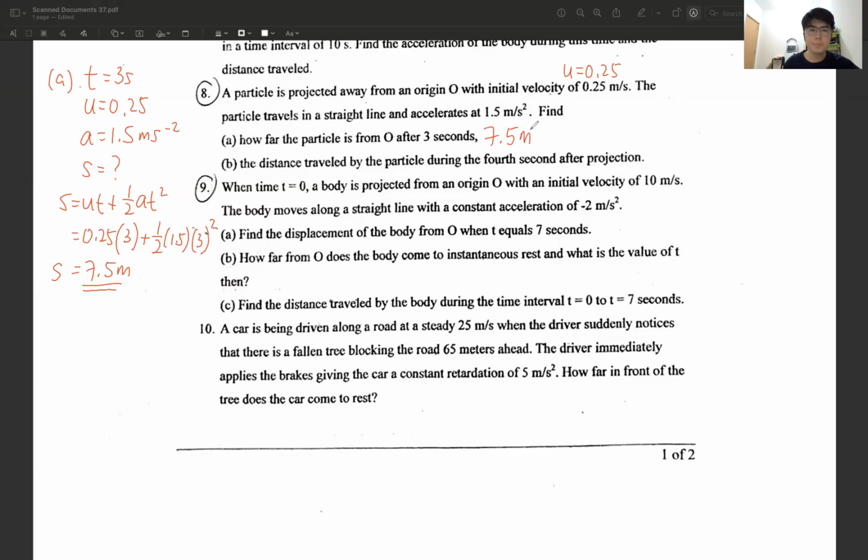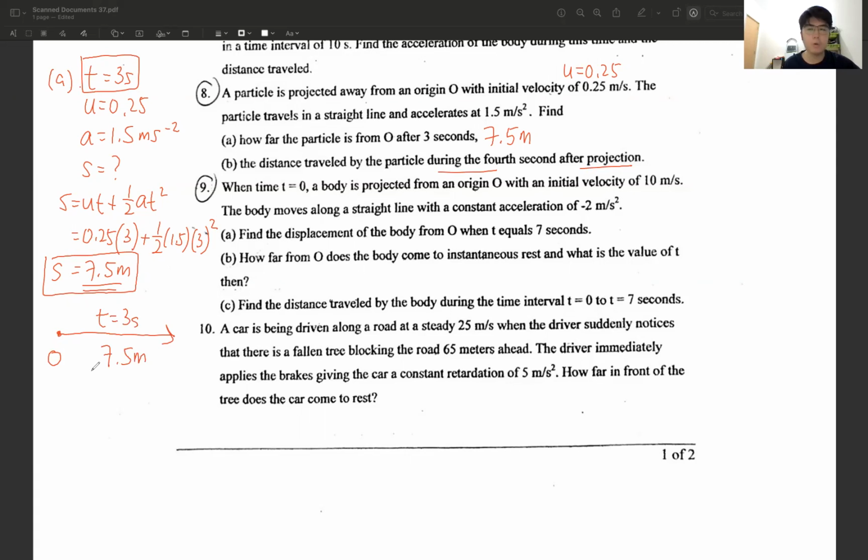B, the distance traveled by the particle during the 4th second after projection. Now, what does it want to find? It wants only the 4th second. So how do we find that? You see, when I put t equals 3 seconds, the distance that I get is from the starting point, the origin. It is calculating how far it travelled in 3 seconds, that is